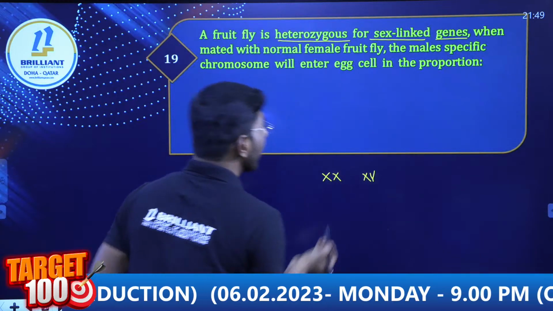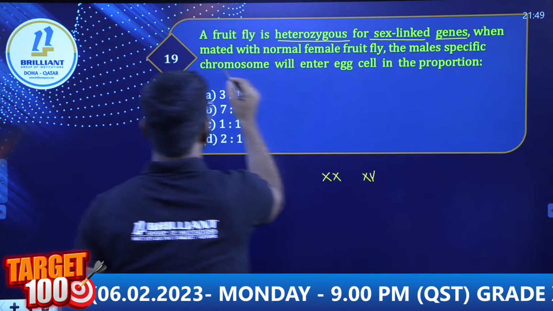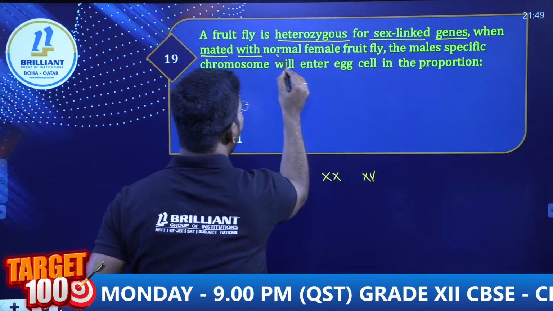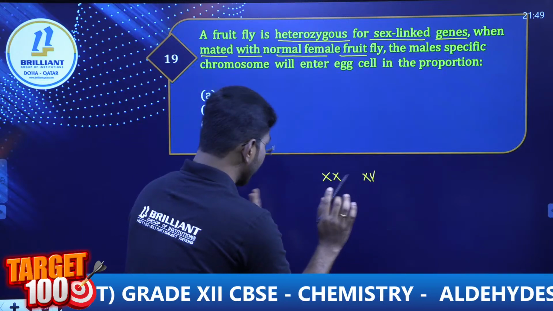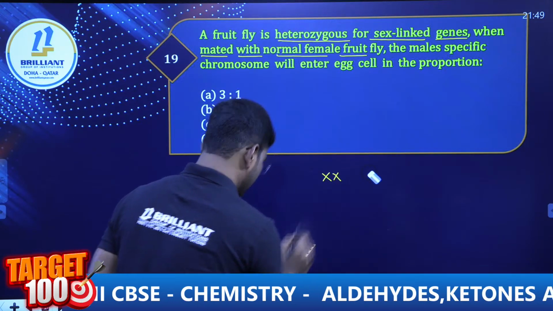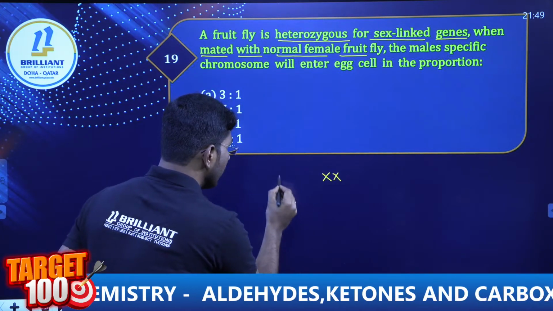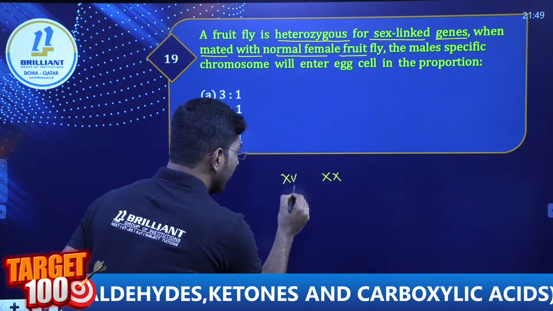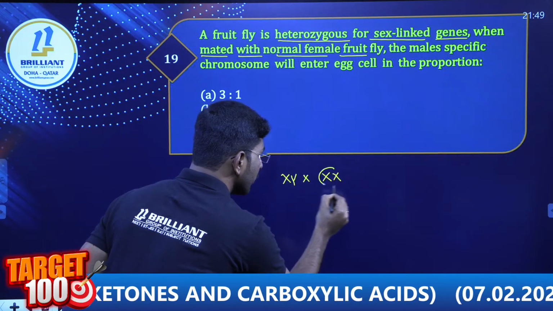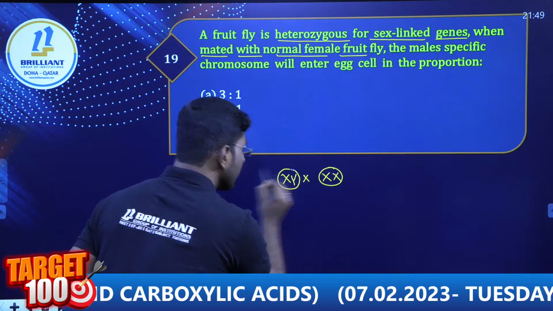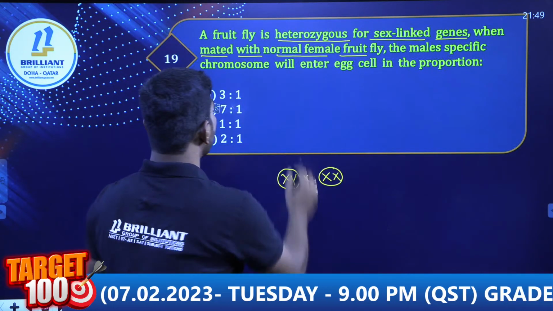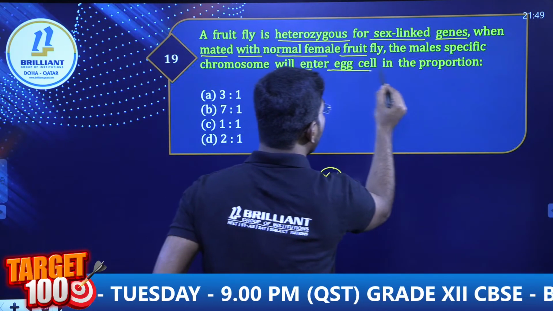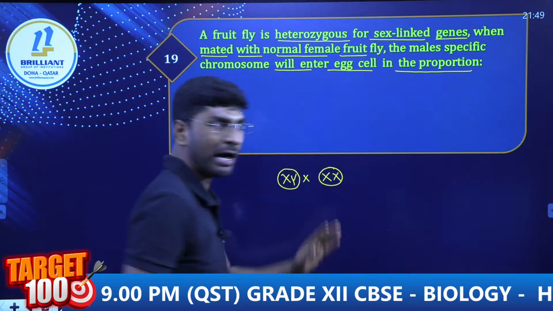Sex determination. Fine. Now, when mated with the normal female fruit fly, let me write here like this. Okay. Now, this is XY crossed with normal. This is a normal fruit fly. This is the mutant one. The male specific chromosome will be entered into the egg cell in the proportion of,